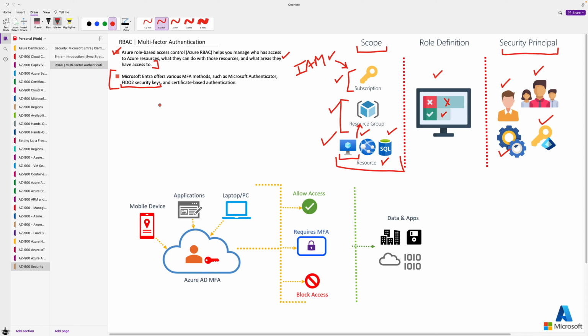Now, how it actually works, like I mentioned: you have the mobile device where you can install the application, or maybe you have some third-party application on your mobile phone, or maybe a laptop as an example. You can just have a FIDO2 security key, like I mentioned. The point is, as soon as you are trying to log in, even in the cloud, that request goes to Microsoft Entra, and in Microsoft Entra there are identity protection settings. I'll show you in a quick way how you can enable MFA, but